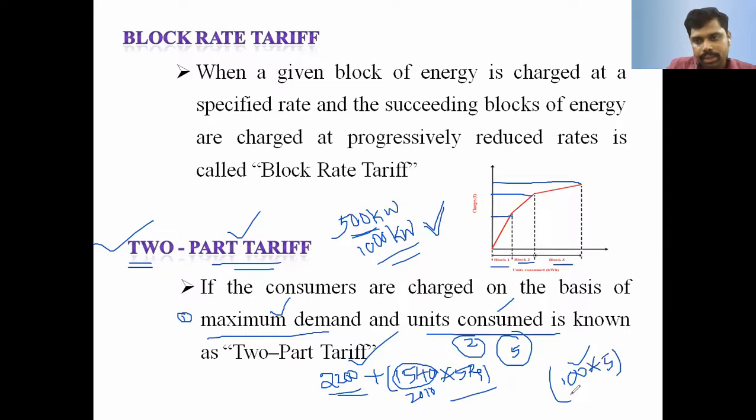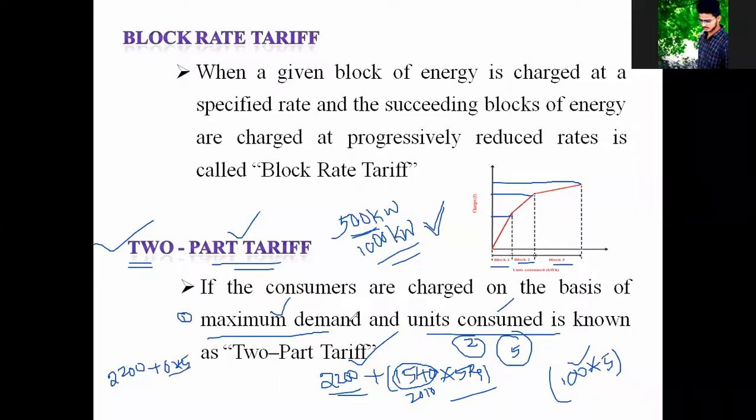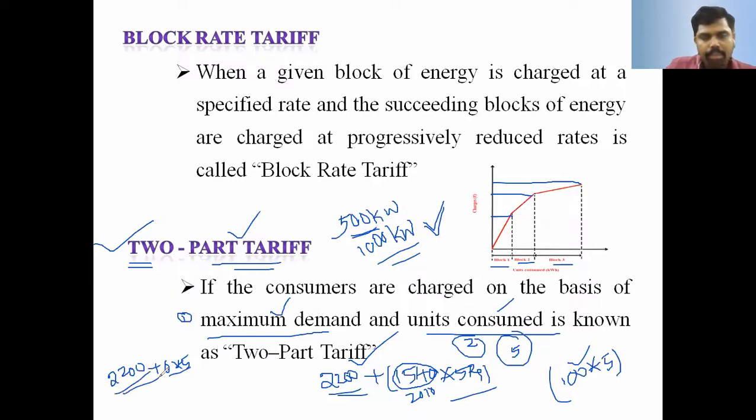If we utilize the electricity or we do not utilize the electricity, we need to pay for the maximum demand tariff. And one more thing, suppose unfortunately the industry is shut down for 1 month. That is 2200. This comes under the maximum demand tariff, plus the number of units utilized is 0. The per unit cost is 5. This comes under 0. But they need to pay the maximum demand tariff amount. That is 2200.